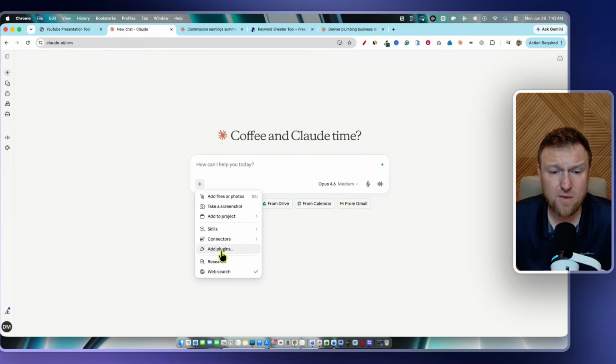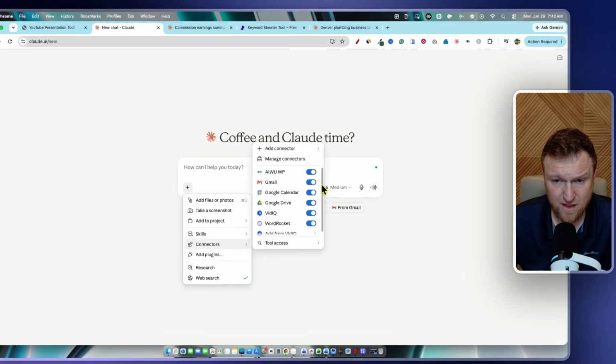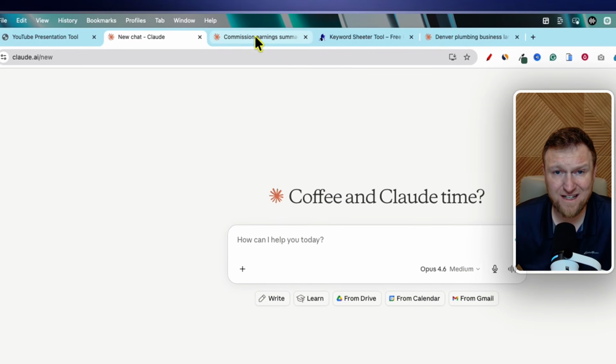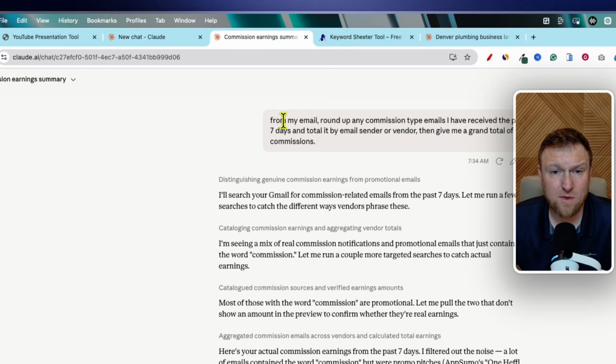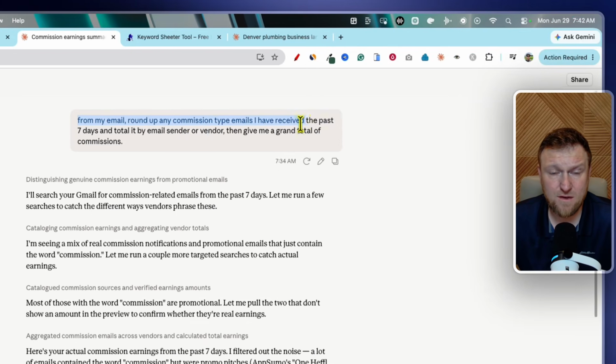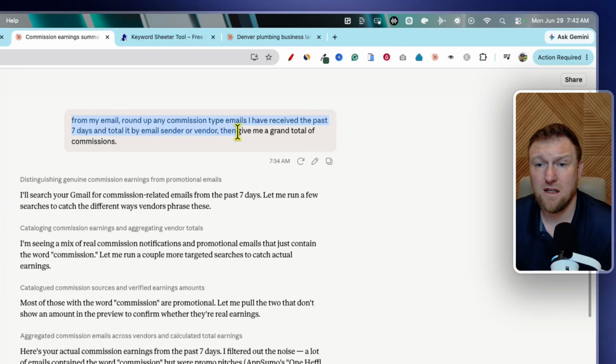But right here, we could go into our settings. We could either use a skill or a connector. I can come over here and you can see all the ones that we have actually gone through the steps to connect. And so I can see that I am connected to my Gmail. And I already did this ahead of time so I don't have to wait. But what I said was, hey, from my email, round up any commission types of emails that I've received over the past 7 days and total it by email sender or vendor,